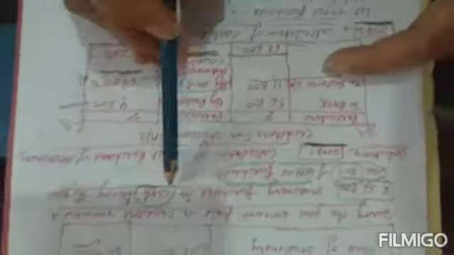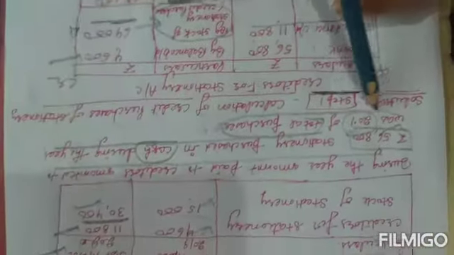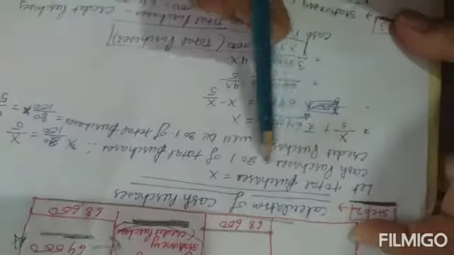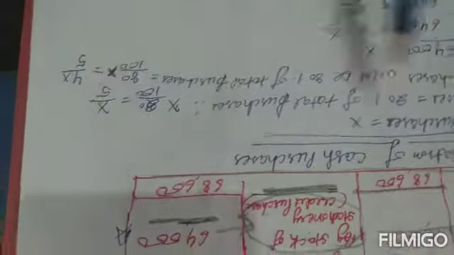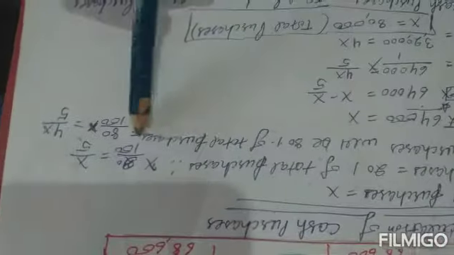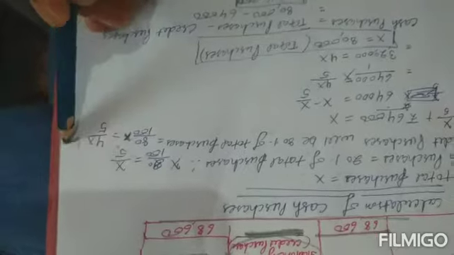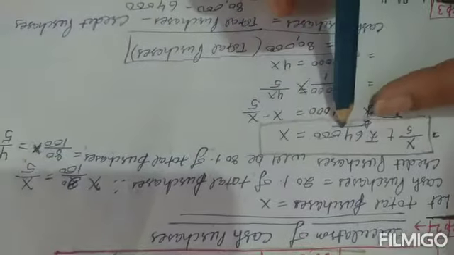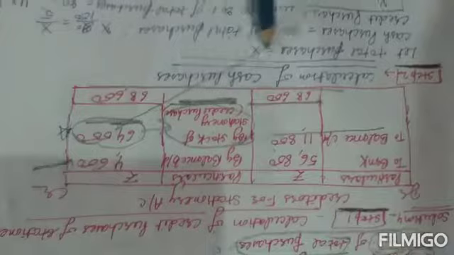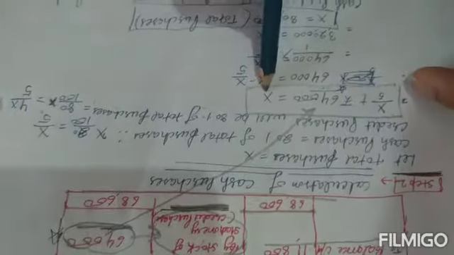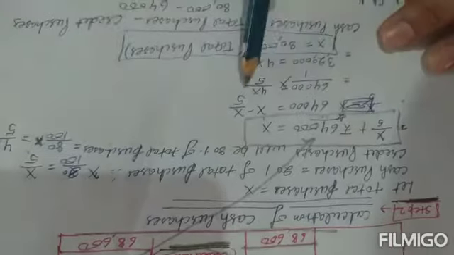One line was there in the question: stationery purchase in cash during the year was 20% of total purchase. That will generate our second step, calculation of cash purchase. The total purchase is X. Cash purchase is 20% of total purchase, which means X by 5. Credit purchase will be 80% of total purchase, meaning 80 by 100 X, which equals 4X by 5. We'll create a formula: cash purchase plus credit purchase will become the total purchase. So cash purchase X by 5 plus credit purchase 64,000, which we found from here, will be equal to total purchase X.